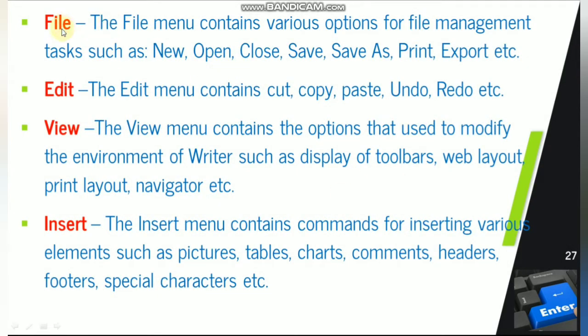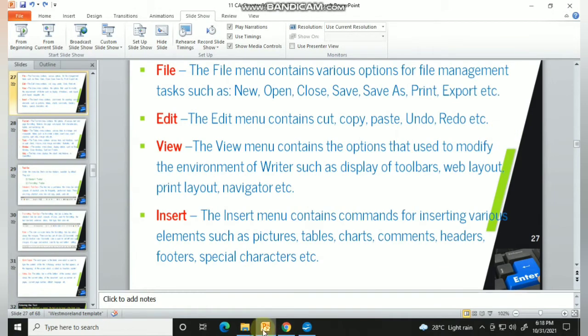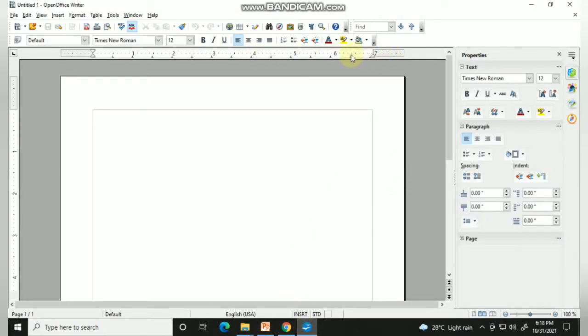The first one is the File menu. Inside the File menu you have various options like New, Open, Close, Save As, Print, Export, etc. In the Edit menu you have options for editing the text document, such as cut, copy, paste, undo, redo, etc. In the View menu, for example, if you are not seeing your ruler, here I am seeing my ruler.